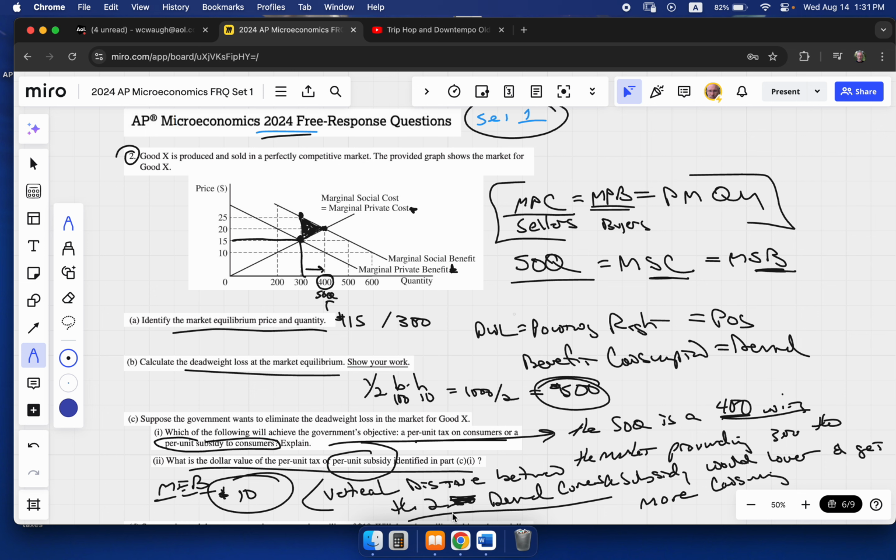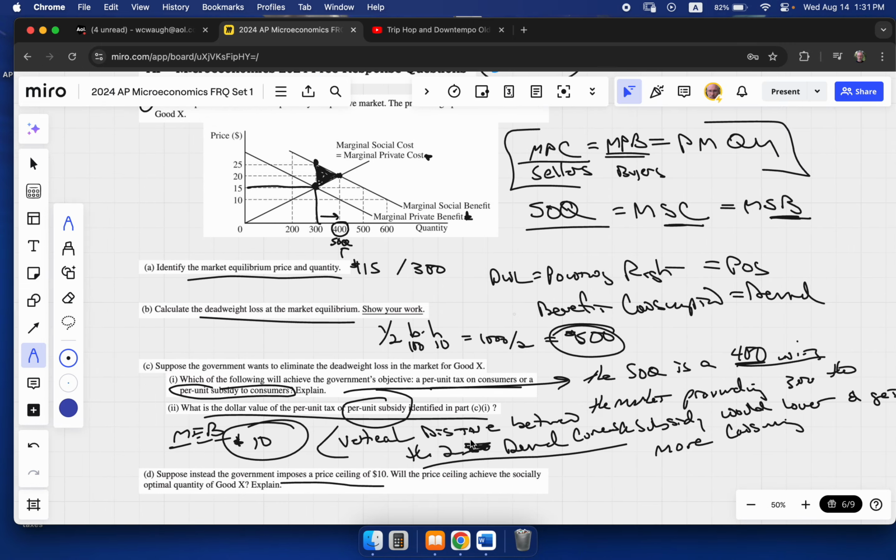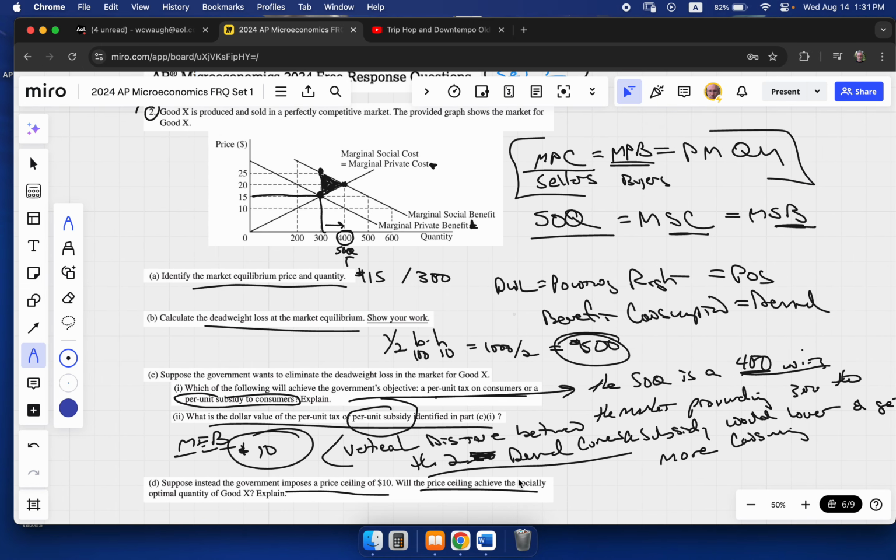Let me just look over this to see if we're doing everything. Oh, D, there we go. Suppose instead the government imposes a price ceiling of $10. Will the price ceiling achieve the socially optimal quantity? So let's get rid of a couple things here. First of all, we recognize that this is your marginal cost curve, and this is the firm's demand curve right there. So if you put in a $10 price ceiling,